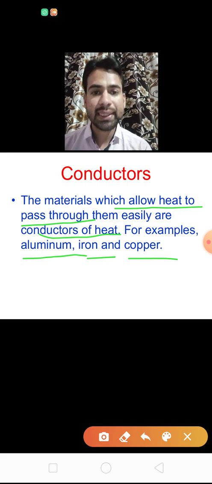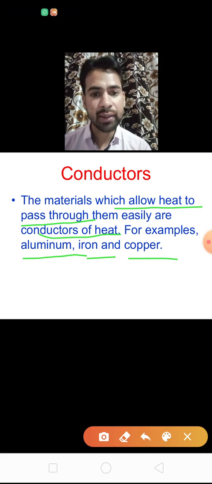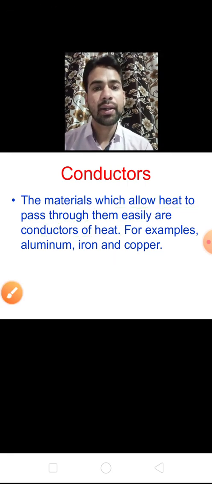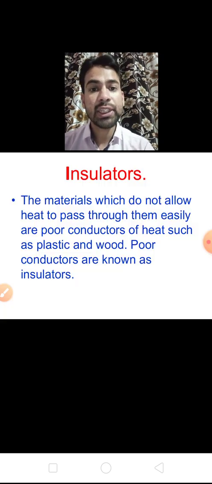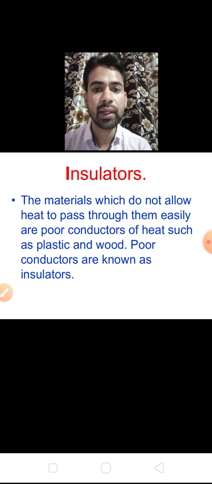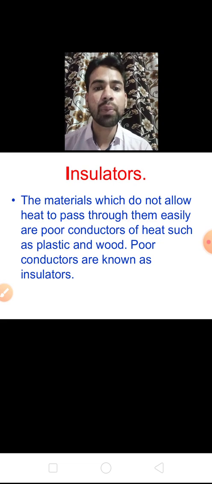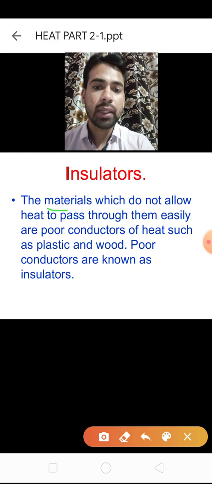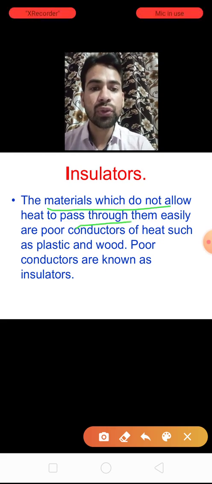Examples of conductors: aluminium, iron and copper. So a conductor can easily transfer heat. But an insulator is another material which does not allow heat to pass through it easily. See here, the materials which do not allow heat to pass through them easily